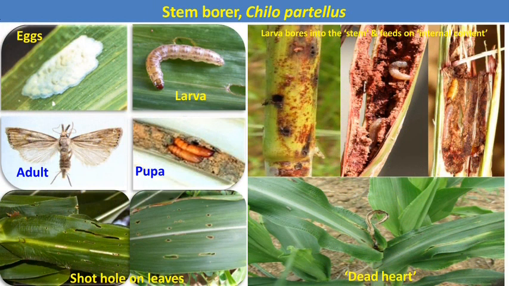At an initial stage, this caterpillar feeds on the leaves and causes a series of holes on the surface of the leaf lamina of the sorghum crop. This symptom is called the shot hole symptom on the surface of the sorghum leaves. After that, the caterpillar enters the main shoots of the sorghum crop and feeds on the inner content of the shoots, and due to this continuous feeding it produces a characteristic symptom, that is the dead heart, the drying of the central shoot of the sorghum crop.